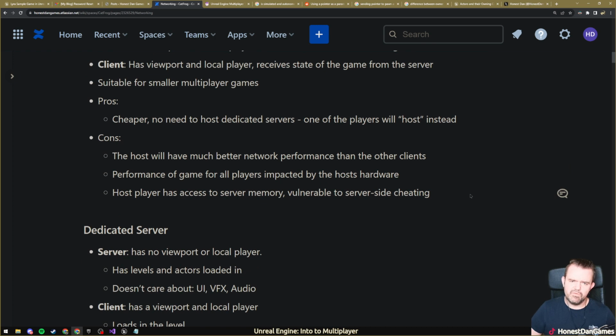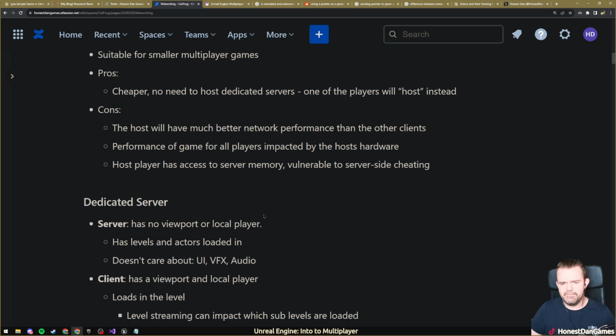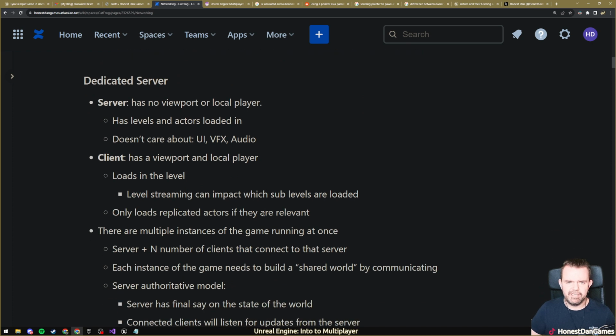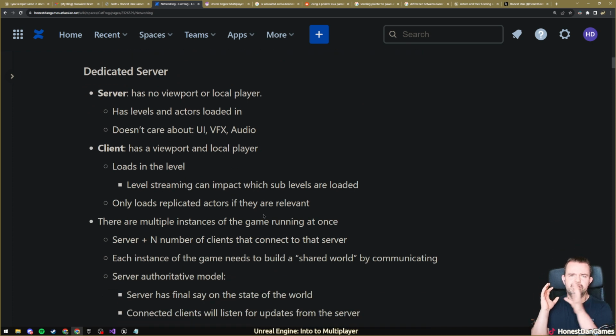And so with that, we'll move over to the more common type of server architecture that we have, which is the dedicated server. So as I said, this is the idea that there's a machine somewhere hosting a server, and this isn't a machine where people are going to be playing the game on. It's actually a different build. You don't launch the same exe. It tends to be a special build, which will just kind of open a console application, and it's running all